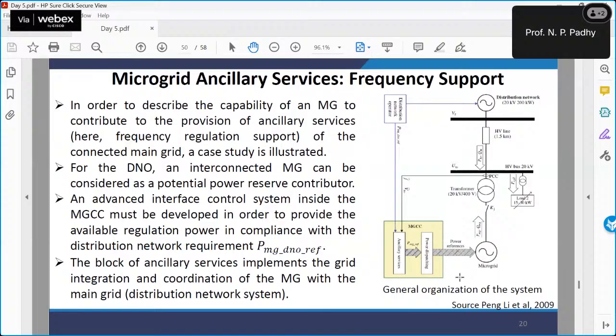How does it support frequency? Let us understand. You could see on the right hand side, we have a distribution network and we have a microgrid in place. Let's see how the frequency behavior can change because of the microgrid. In order to describe the capability to the provision of ancillary services, frequency regulation support,